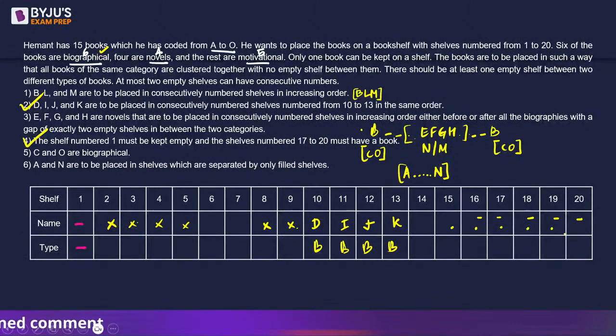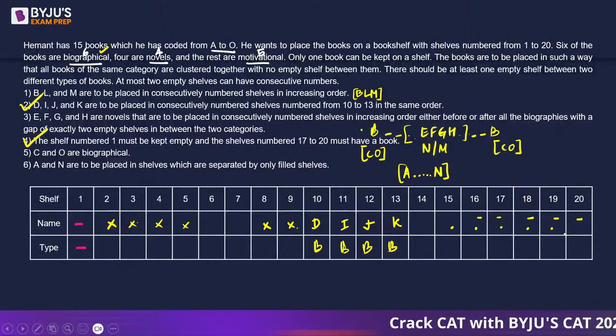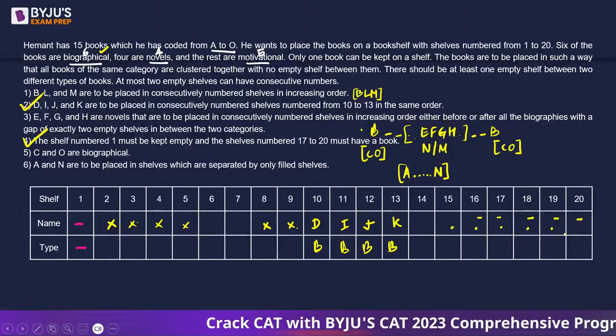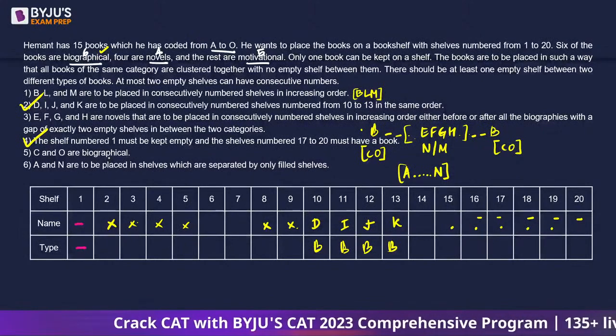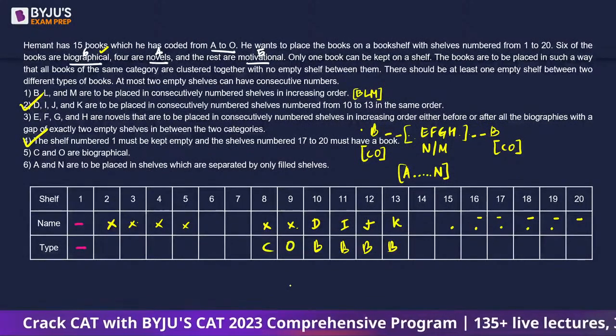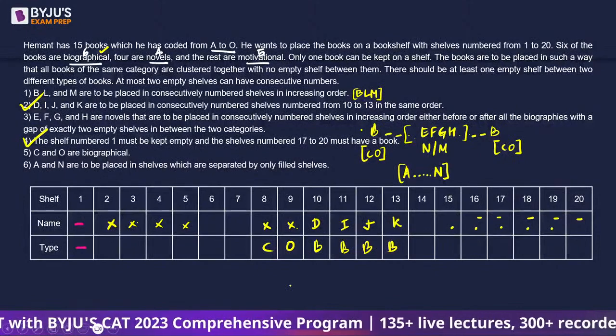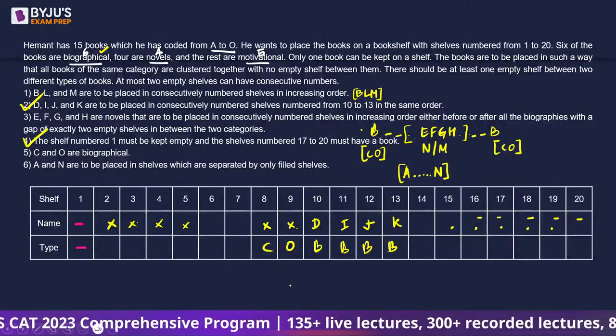Now, E, F, G, H are to be placed in consecutively numbered shelves in increasing order before or after the biographies, with a gap of exactly 2 shelves in between the 2 categories. So we know that C and O are biographies. So we are going to place C and O, let's say over here. And